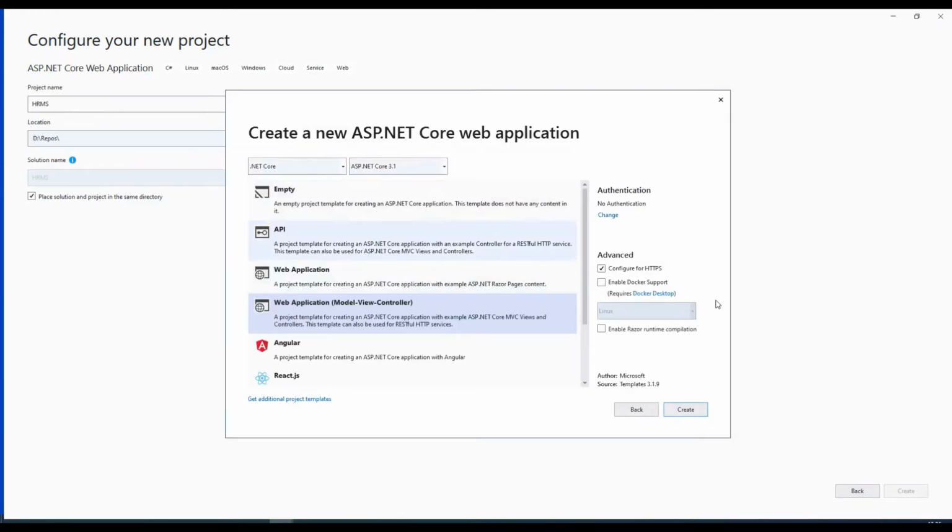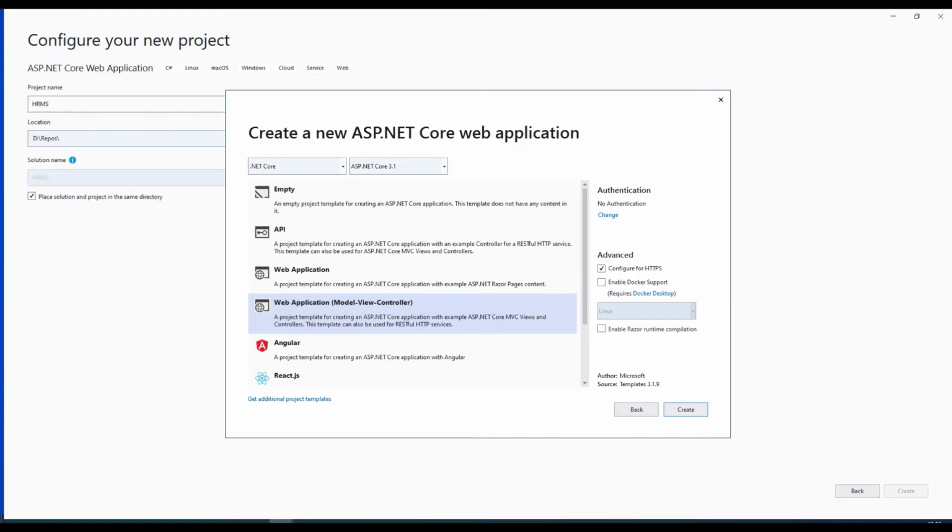It asks whether you want to open an empty project, an API project, or a web application with model view controller. I want to open it with model view controller. In the advanced section you can configure for HTTPS.